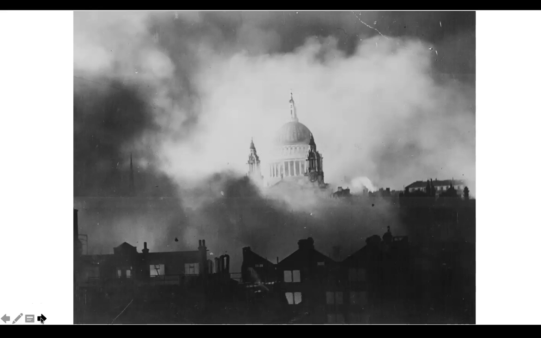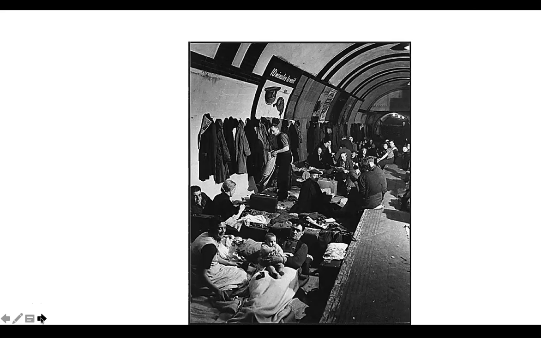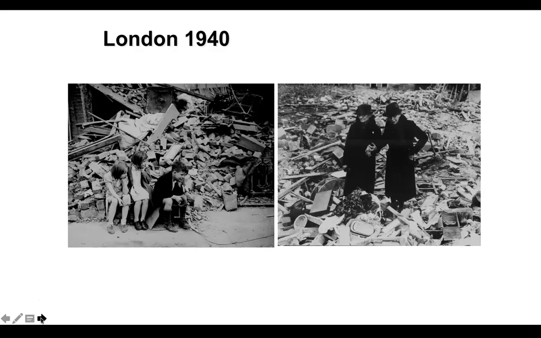Large portions of the city were constantly on fire each day. So they needed volunteers to be ambulance workers and work in the fire department. And that was a lot of women for the most part, since men were off fighting. You can see people down there who've lost their homes, they've lost everything, living down in these subways. You can see just the destruction, and of course, kids stopped going to school, they were evacuated to the countryside. Some of them later came back because their families missed them. In some cases, that was a mistake, because they later died in the Blitz.